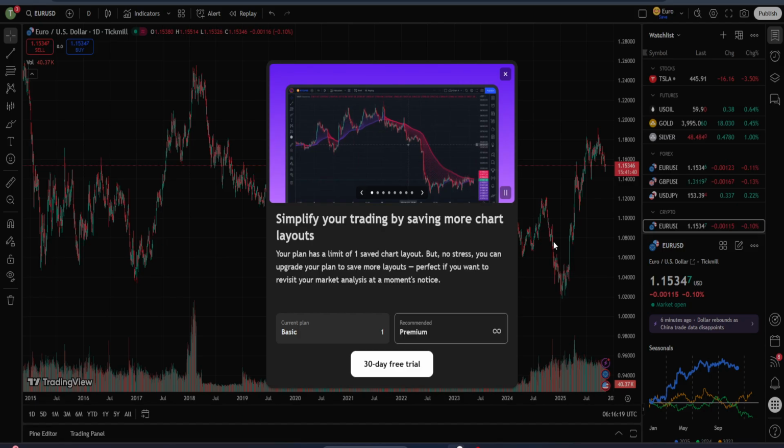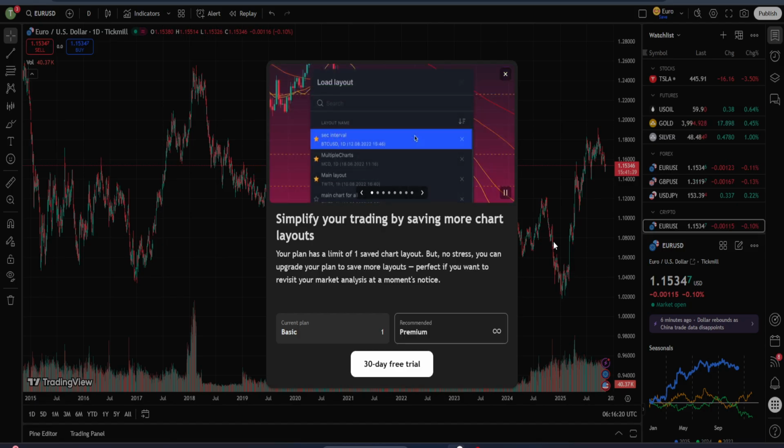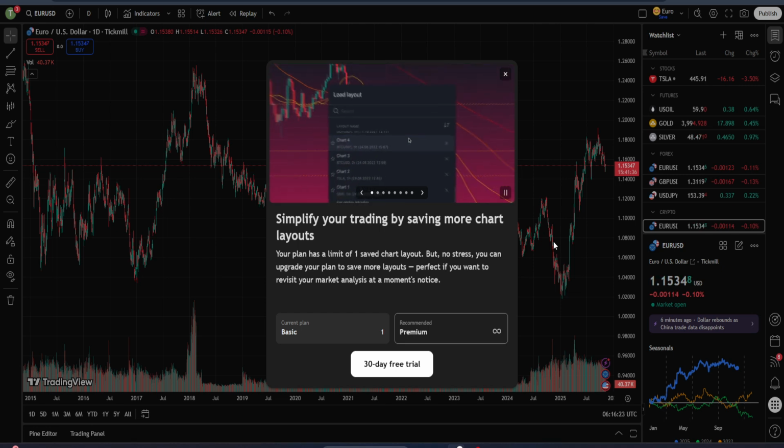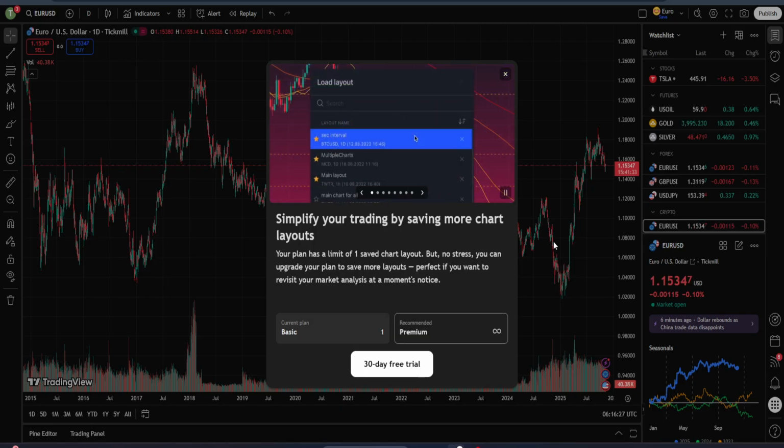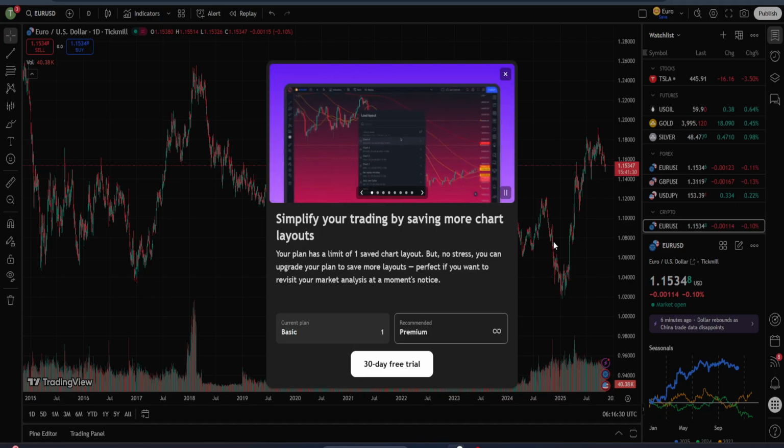But if you're testing the waters and feel that one chart layout is sufficient for your needs, sticking with the free version could be a wise and cost-effective choice. Meanwhile, this video can still expand your understanding of TradingView's capabilities, letting you maximize the use of the tools available to you. Creating a new chart layout is a straightforward process, but it can significantly enhance the way you interact